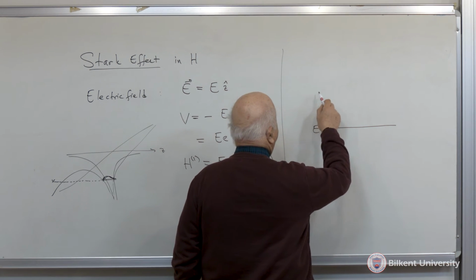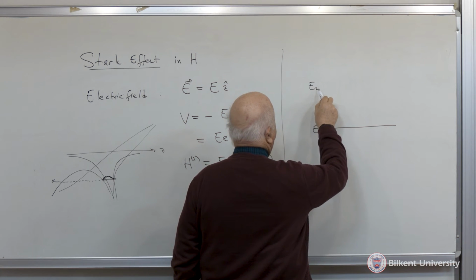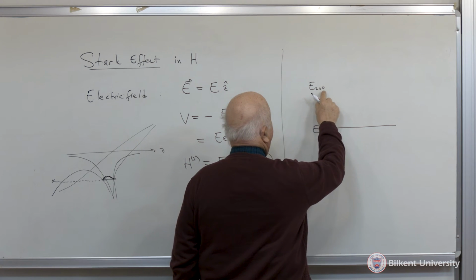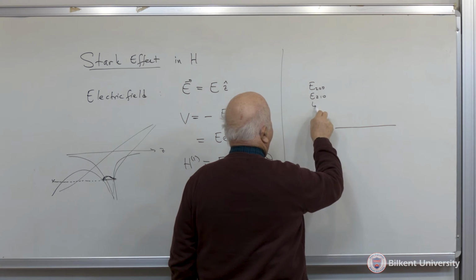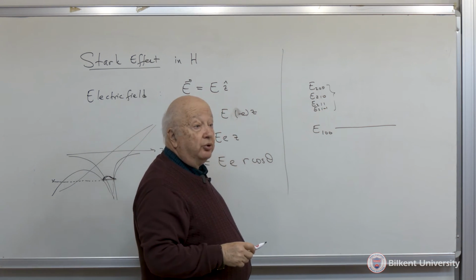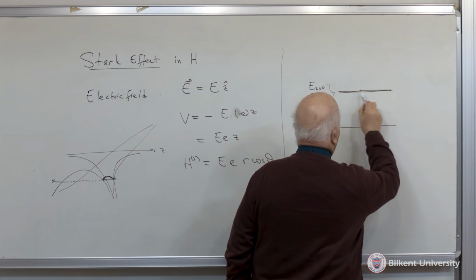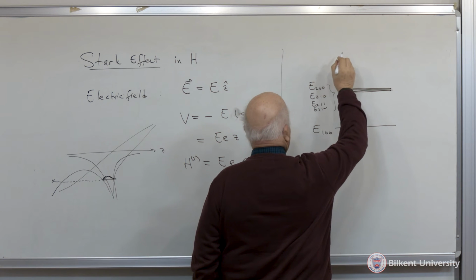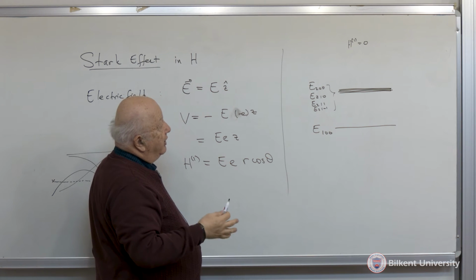But the next level is made up of these n=2 states. So I have E200, with labels n, l, m. I also have E210, E211, and E21 minus 1. So these things all have the same energy. So this next energy level is fourfold degenerate. Okay, so this is when I don't have any H1, when H1 is equal to 0, then the electric field is 0. Now when I apply the electric field,